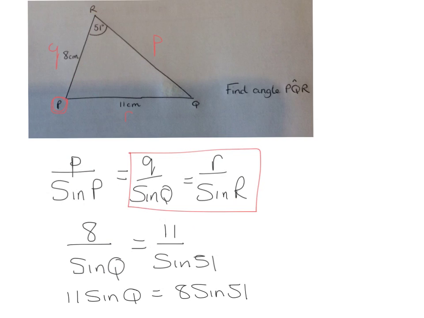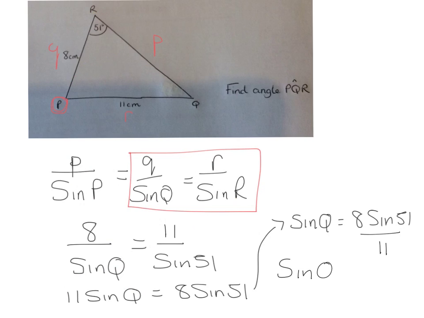Now at that point you can see what you're going to do is try and get the sine Q on its own, and that involves bringing the 11 over and dividing. Now I'm just going to move up here to finish. So we've got sine Q, which works out to be 8 sine 51, and as I've said already, this 11 over here is going to come over and be divided. So divided by 11. So we work out our value for sine Q by typing this information here into your calculator, and that gives us